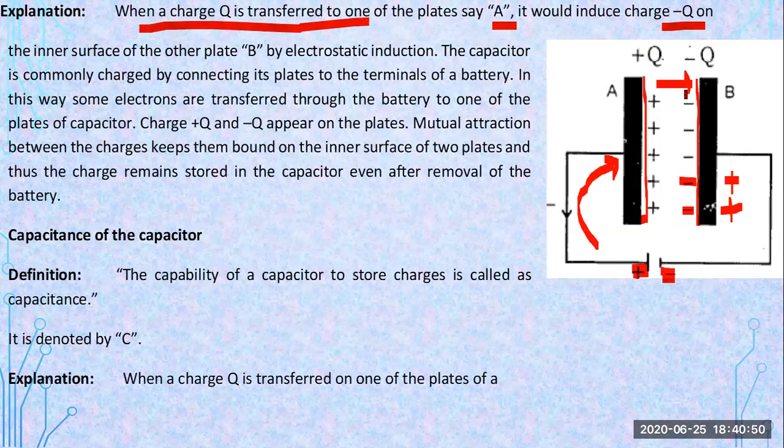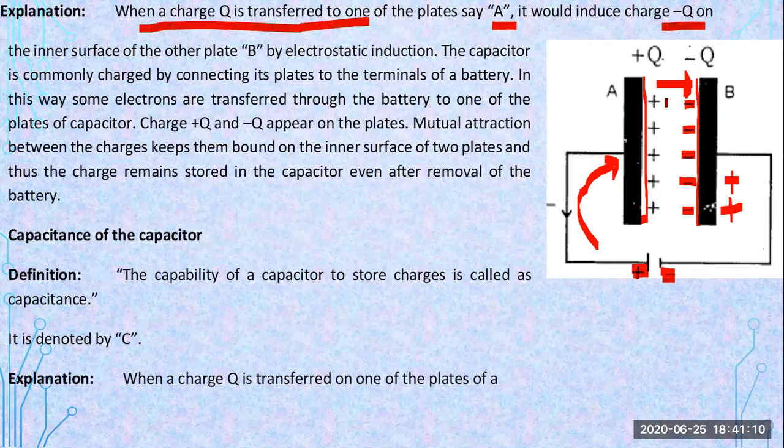So this positive charge, due to repulsion and electrostatics, moves to the other side of the plate. So here it will be the negative charge. Again, the same happens with the next charge. These charges on one of the plates, due to electrostatic force, repel the other charges. They move to the other side.